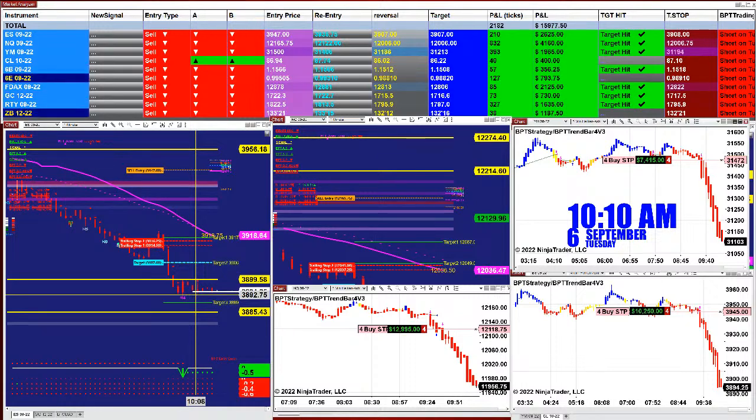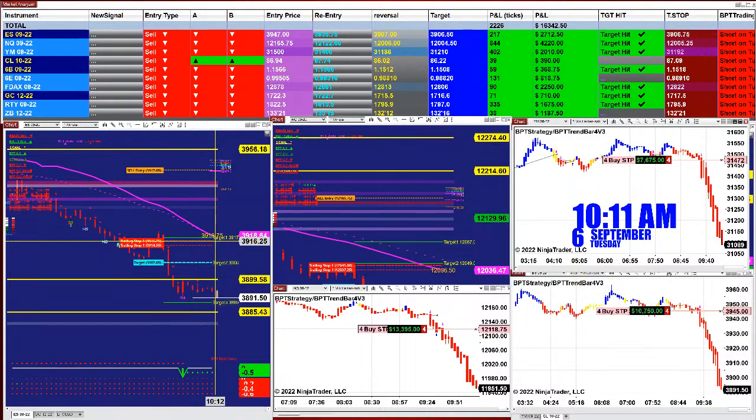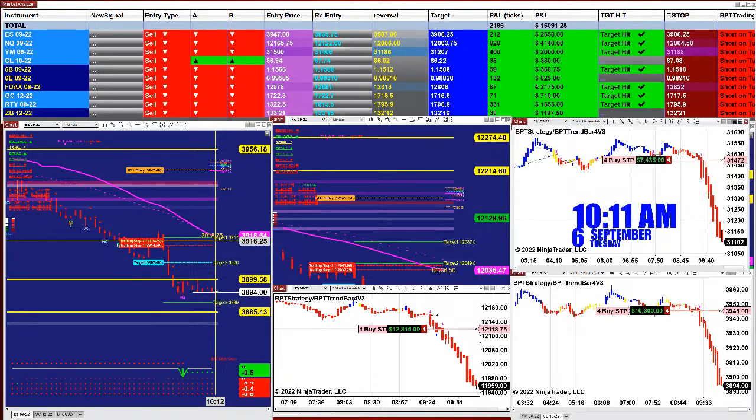For the ones who have not been able to take any trade yet, the re-entry point for a short is 39.16. Honestly, we're not responsible for your trade. We're not your financial advisor. 39.16 is the re-entry point on the ES if you're not taking a short. But do not take a short here, and do not allow any auto trade to take a short at this moment. If you are in a trade, you can exit on that level. As you see, the target 3.